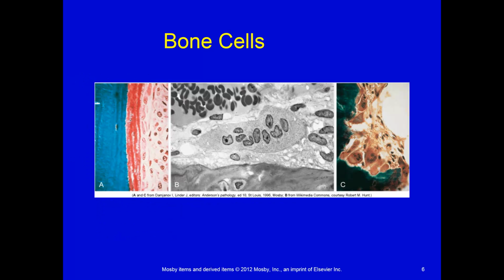Okay, here's a picture of some of these cells. A right here is the osteoblast. So again, you can see the cells right here. They're responsible for production of proteins that compose the osteoid. I'm going to skip to C here for a second. These are the osteoclasts. You can see here that you have these cutouts, right? You have these divots or cones, right where I'm showing the arrow, where the osteoclasts are actively resorbing this mineralized tissue, the mineralized bone, and creating these holes for new osteoblasts to come